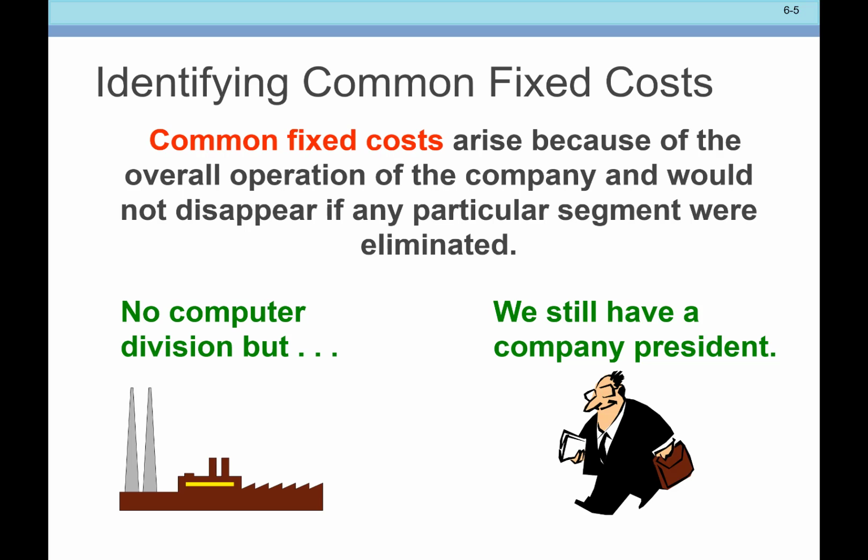Bottom line, you get rid of a segment, they're still going to be there, right? So that's considered a non-traceable. It is considered a common cost, and you would not allocate common costs to your segments, because it doesn't do you any good. It doesn't reduce that common cost at all if you get rid of that segment, right? And so you could be getting rid of a profitable segment if you were to allocate common cost to that